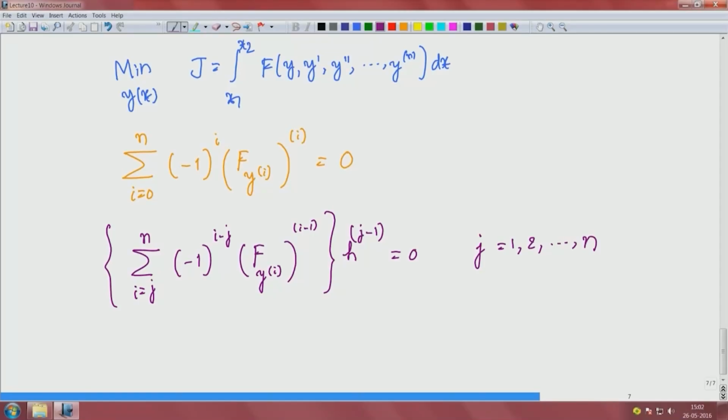Hello, just continuing what we were discussing, the general form of Euler-Lagrange equations for an integrand containing y and its derivatives up to n. Then we wrote the Euler-Lagrange equation and the boundary conditions. Let us look at that. So, we now have an integrand that depends on y, y prime, y double prime, up to the nth derivative. Then we got this equation,